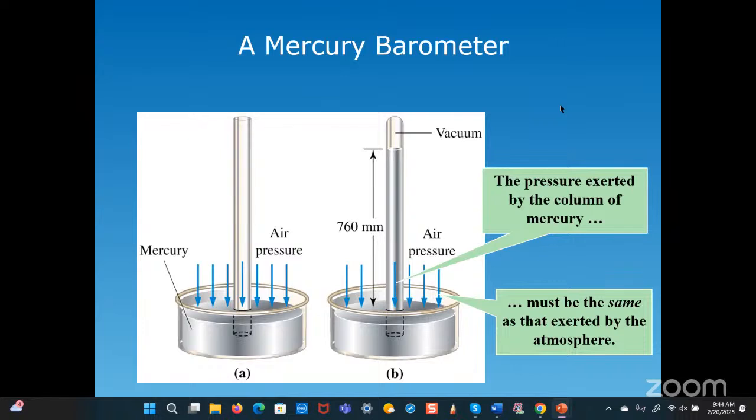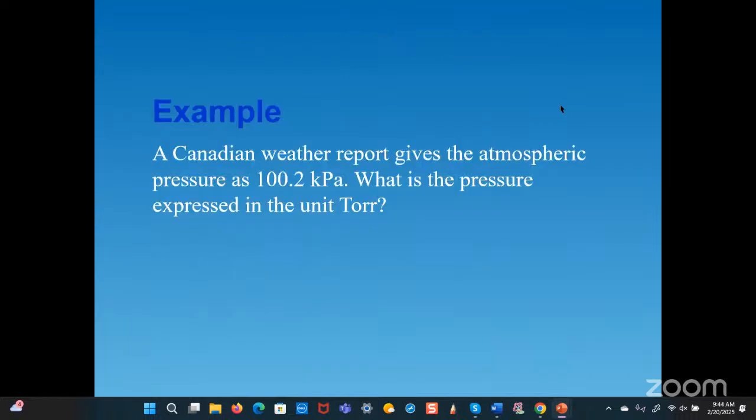Okay, so let's look at this particular question. It says, a Canadian weather report gives the atmospheric pressure as 100.2 kilopascals. What is the pressure expressed in the torr unit? Well, if you remember, we said that 760 torr